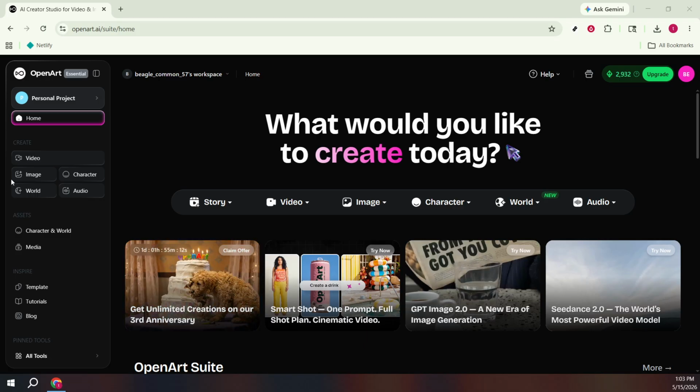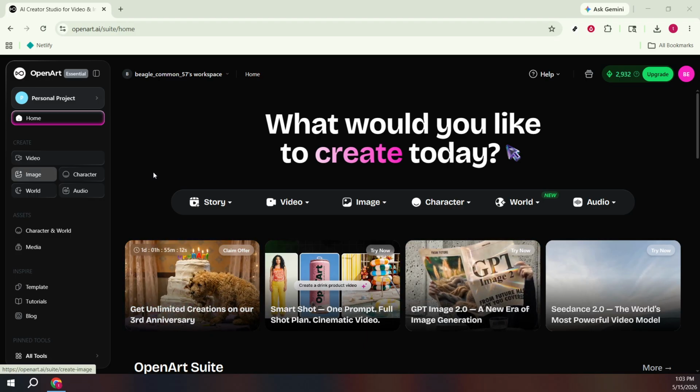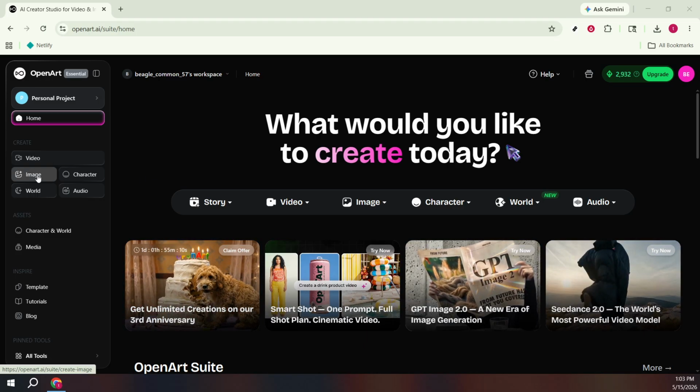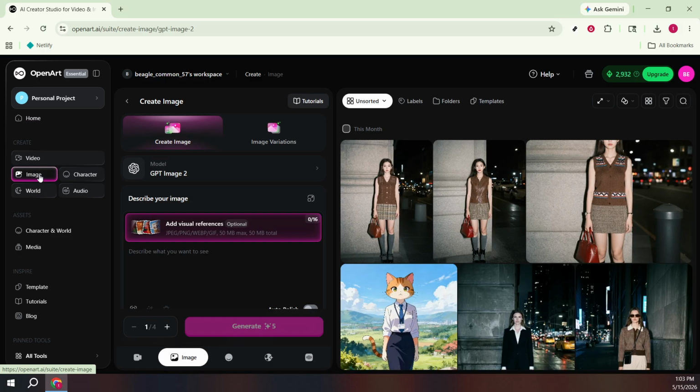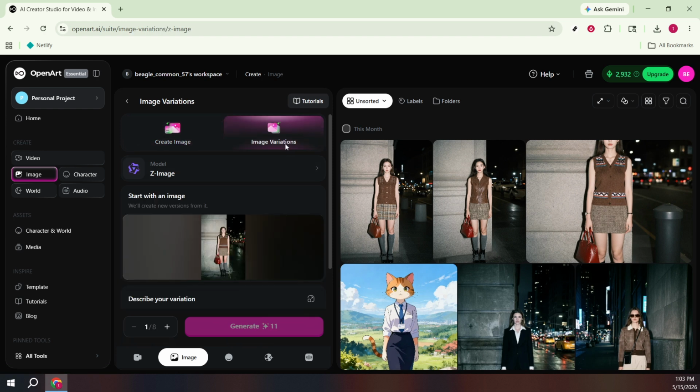Once you're in, look to the left sidebar and click on Image. This takes you into the main image workspace. You can generate single images here, but for bulk style output, we'll take a quick detour to a more powerful area. At the top of the workspace, switch to Image Variations. This is the section designed to create multiple takes on a single idea or reference, and it's where the bulk